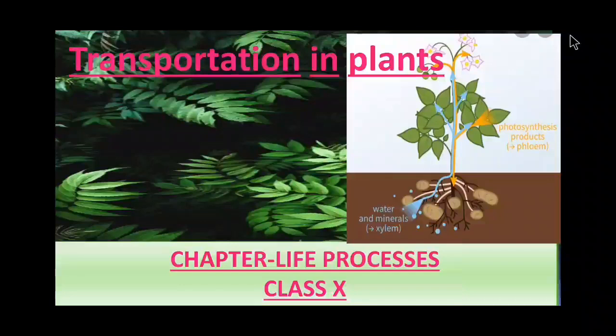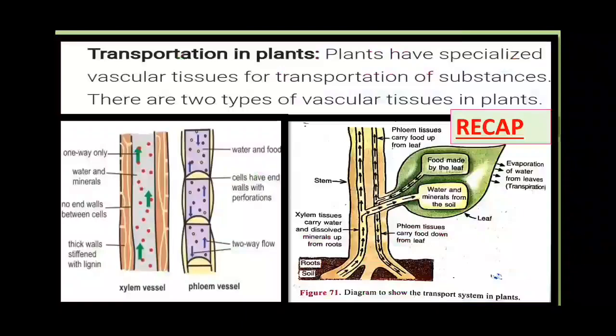Good morning, students. Today we will start with the transportation in plants. In the previous class, we have started this topic. So, first of all, let's recap what we have studied in our last class. We studied that there are two kinds of transportation in plants: transportation of water and minerals, and transportation of food